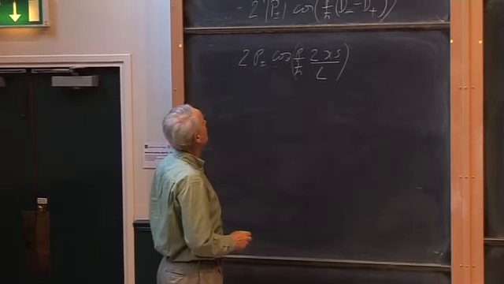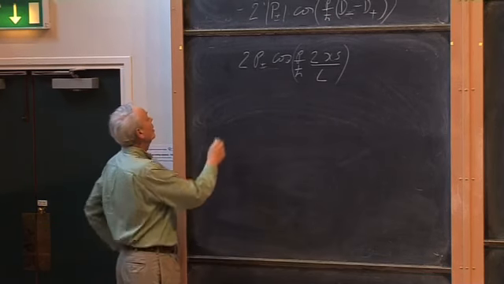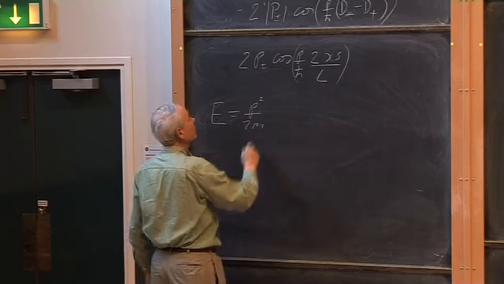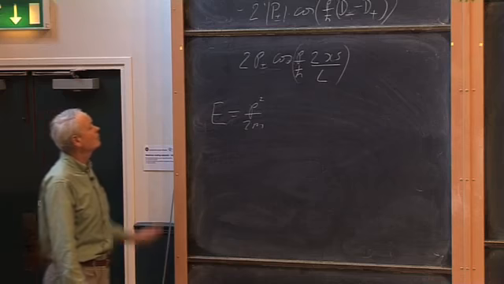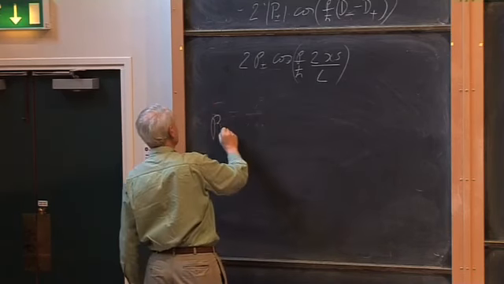So now let's put in some numbers, right? Suppose we take the energy, which is p squared over 2m. What do we want to do? So what does this do? This gives us a probability of arrival